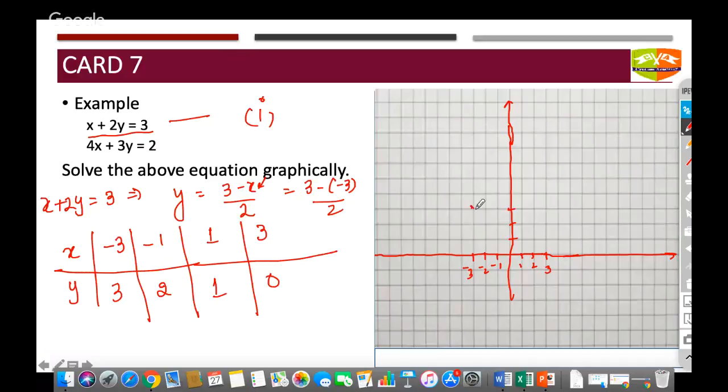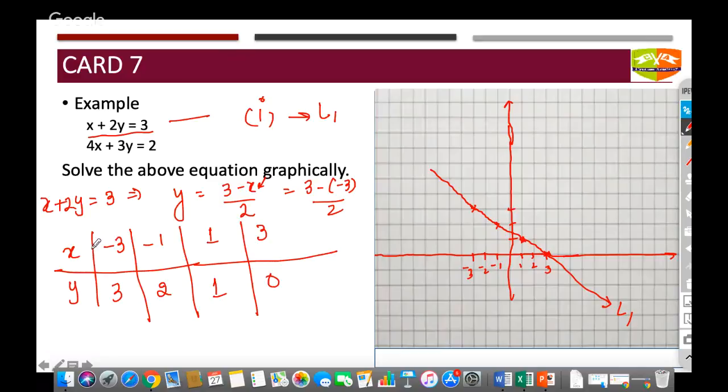So on x is equal to minus 3, this is 3. On x is equal to minus 1, this is 2. On x is equal to 1, this is 1. And on x is equal to 3, this is 0. So if I join these four points by a line, this becomes my line L1. So suppose I'm also writing it as line L1. Now what happens is,